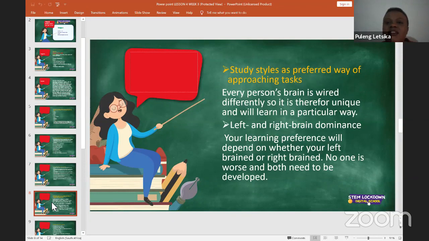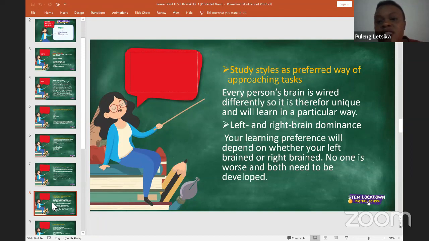Study styles. Everyone's brain is wired differently. Everyone's brain is unique. So you need to know how your brain works, and how best to study.